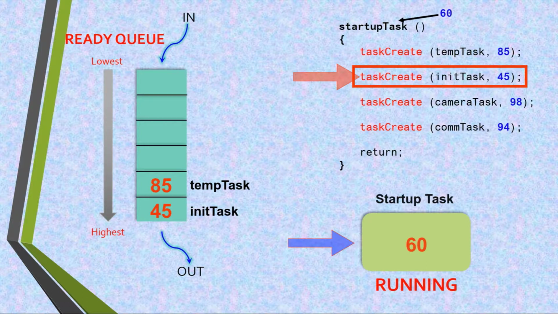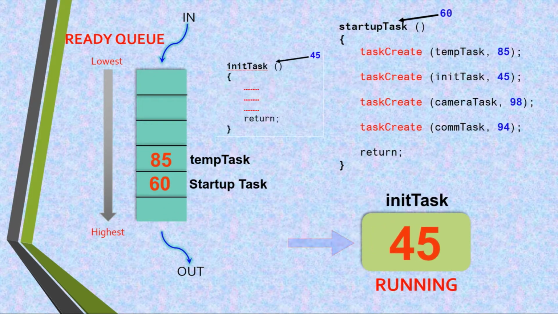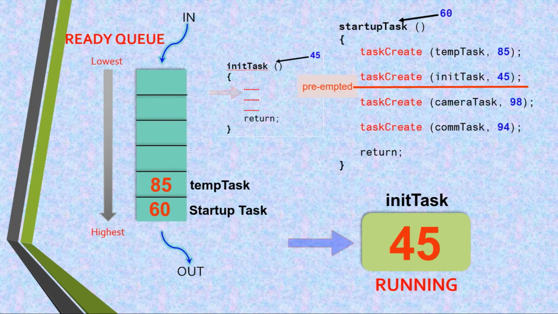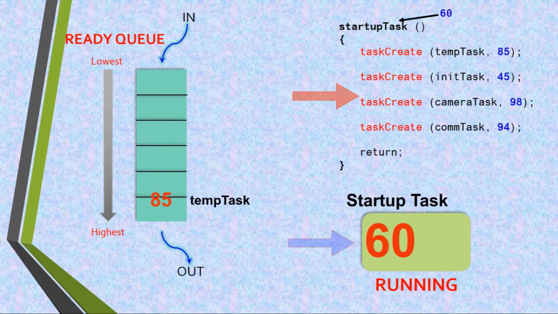As soon as this line is executed completely, that is, this new initialize task with priority 45 is created, the current task, which is the startup task, stops executing because an initialize task is created at this point of time which is higher priority than the currently executing task. So we can say that the low priority task has been preempted by a higher priority task. Here preemption happens and the CPU switches the context from the startup task to the initialize task. The startup task is moved to the ready queue and the initialize task is in running state. When the initialize task completes its execution, it comes back to continue execution of the startup task.